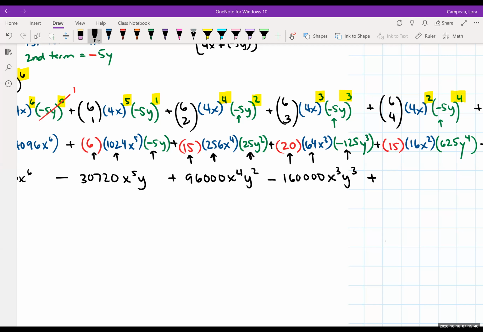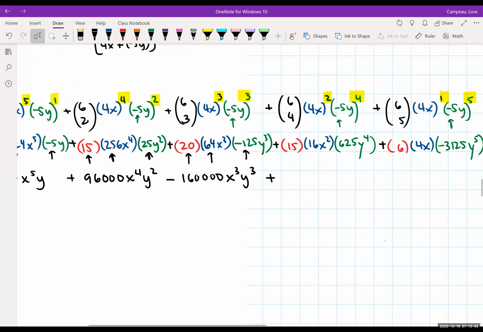The next term will be plus, mainly because we recognize the pattern, but we also recognize positive times positive times positive. I'm looking at 15 times 16 times 625, and that's giving me 150,000. We're having quite a fun time with these large numbers. And that's going to leave us with x squared y to the fourth as those variable factors,